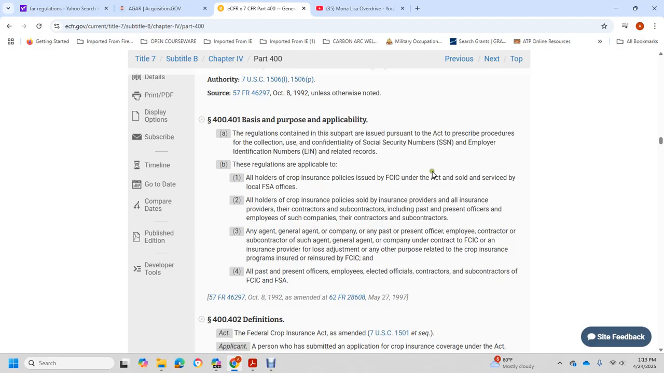Officers employed with the touch with the contract with the contractor, subcontractor with the agent with general agent with the company with the past and present officer with the employee with the contract with the subcontractor with the agent with the general agent company with the federal company or corporate crop insurance company act corporation insured with the provide with loss adjustment with the other provisions of the with the crop insurance the programs area insured with the federal crop insurance corporation and all past present employed with the elected official with the contractor subcontractor federal crop insurance corporation